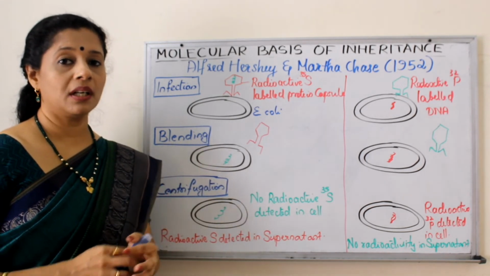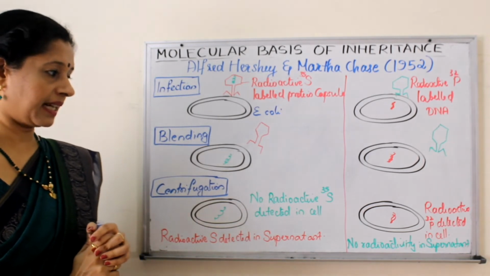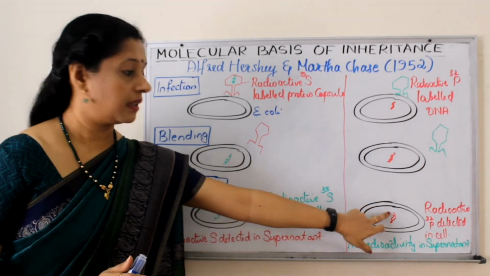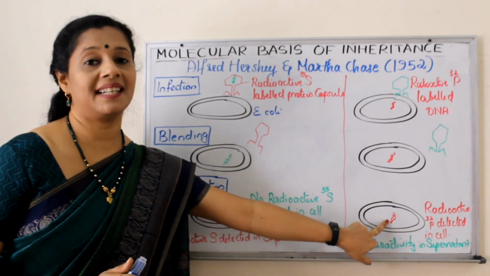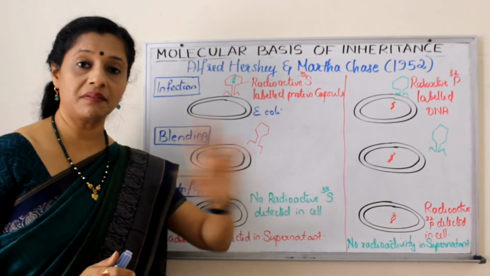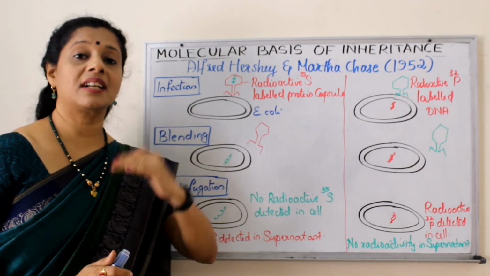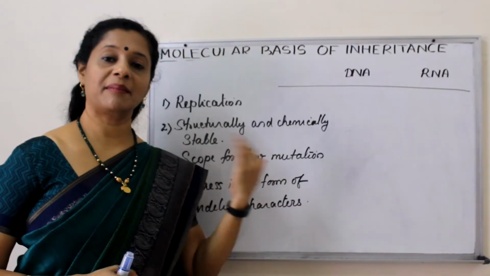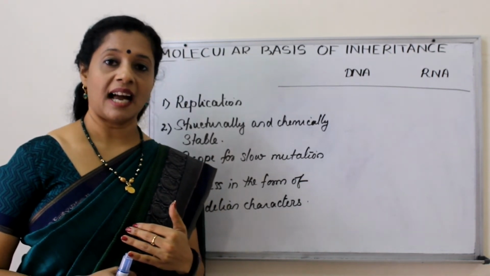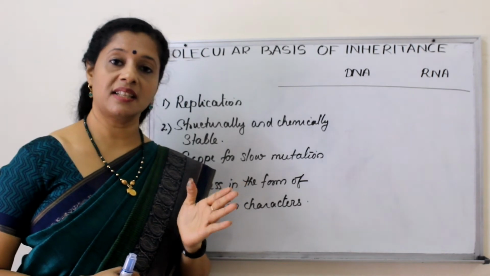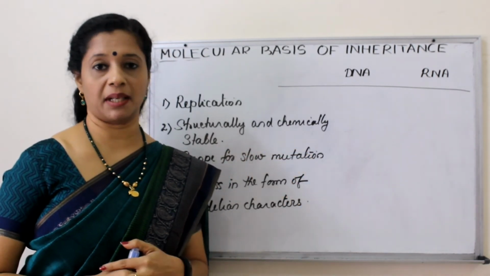So they understood the viral coat did not go inside, right? Only the infectious agent. What was the infectious agent here? The DNA went inside. So they finally confirmed that DNA is the genetic material, or the transforming principle. From the previous experiments, we found that DNA is the genetic material, and Hershey and Chase ruled out the possibility of protein being a genetic material through their experiment.